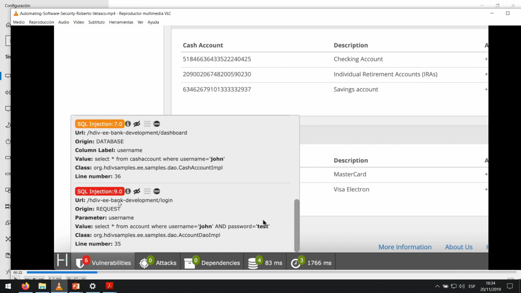In the case of 9, we are getting the information from the request. So we are analyzing the traffic that comes from the internet, but there can be vulnerabilities that come from the database. That's something that with a web scanner we are not going to see, because the web scanner only analyzes the traffic from the request to the application, but not from the database to the application, right? So with this kind of approach, it's possible to analyze all of them.